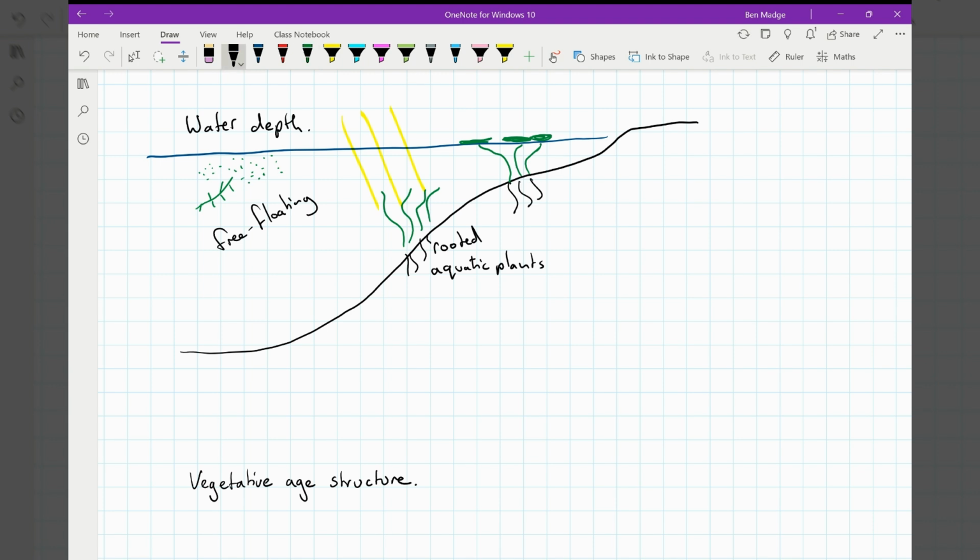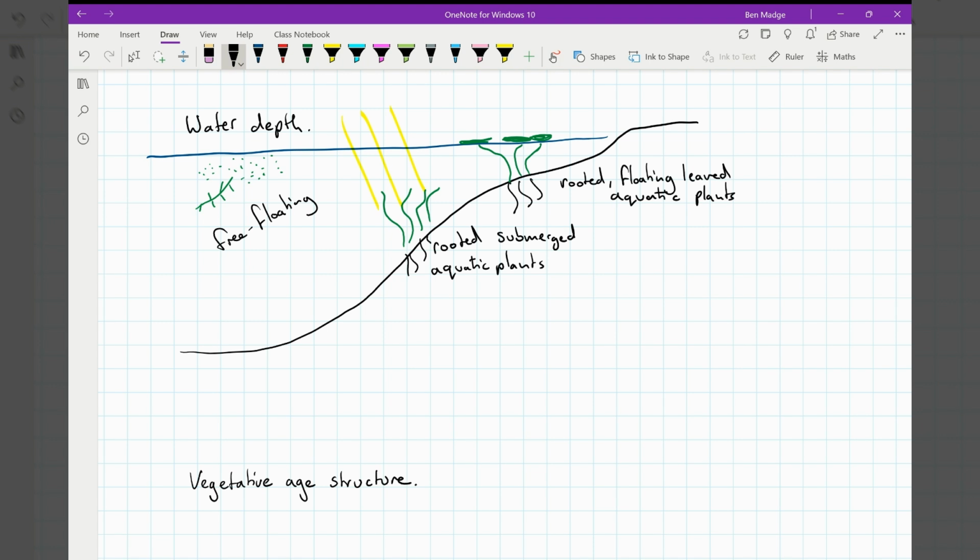So these ones here are rooted, floating-leaved aquatic plants,